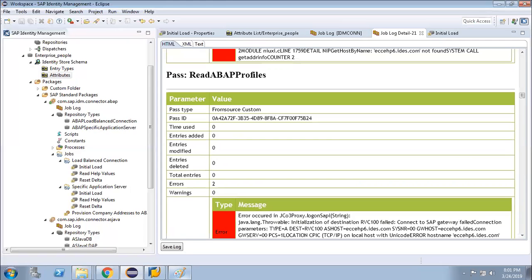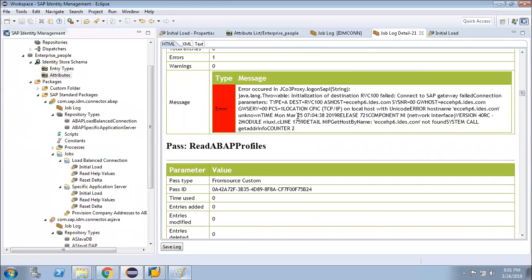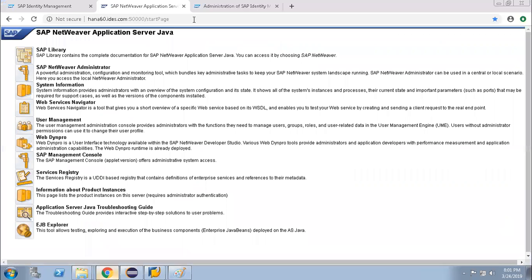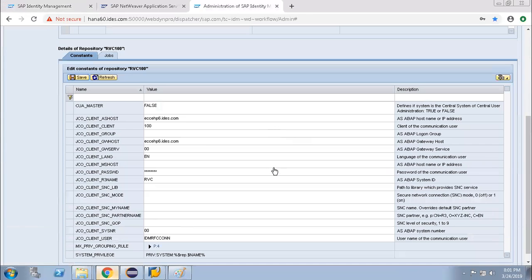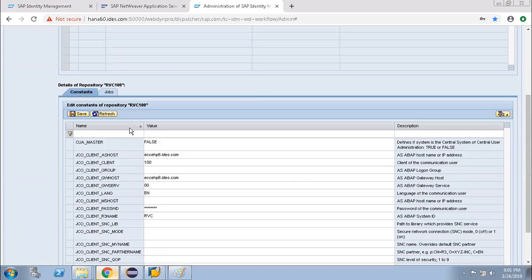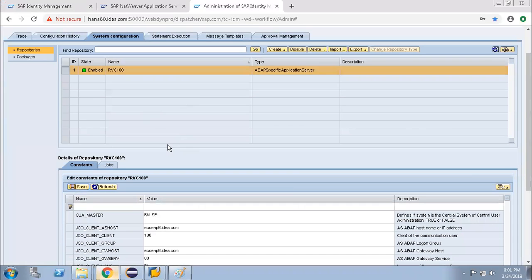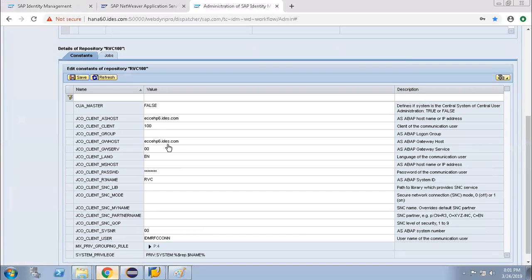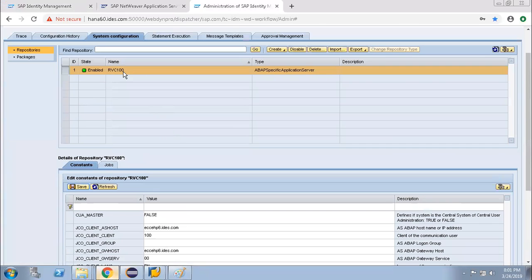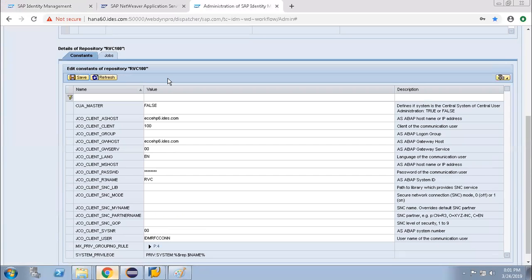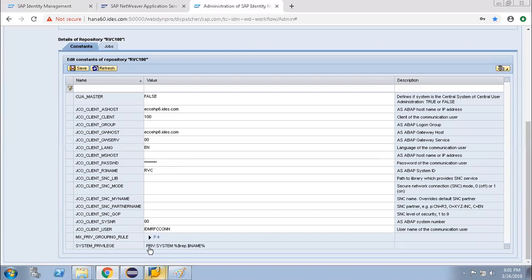What is the error you can get whenever it is writing? Because these are the things which are not required. The initial thing, the above system, is not required. RVC I have given the name, and the corresponding things I have given.